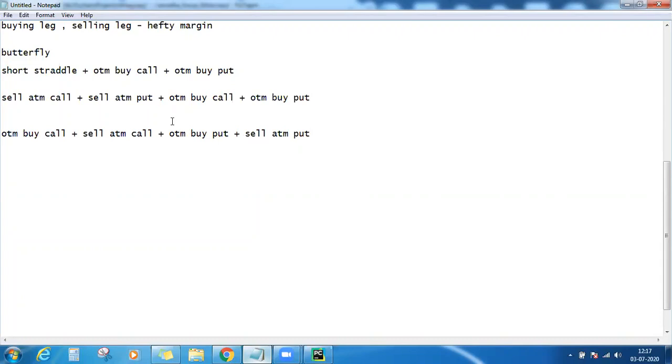And by mistake, if you initiate the sell order first, definitely the margin needs to be deposited. So to get the benefit of margin, you have to initiate the buy orders first and then the corresponding sell orders. If you are buying the call option here, then the corresponding sell order should be for the call option only, not a put option. So the sequence must be maintained. So everyone understood what we discussed today?